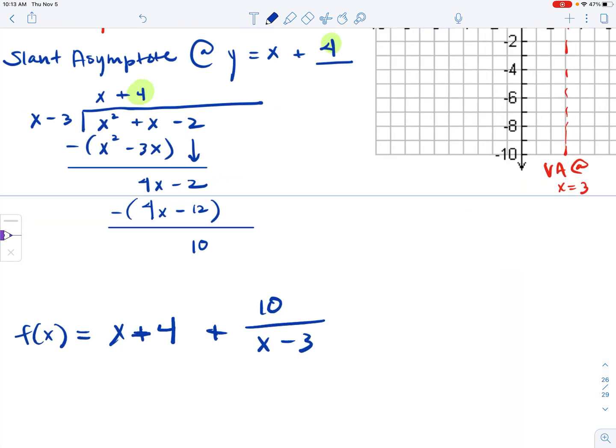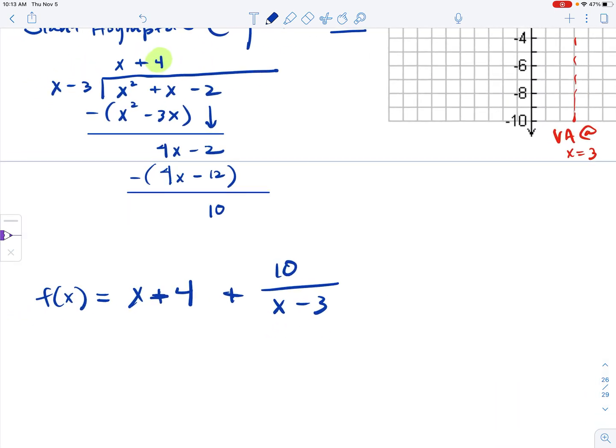So if we rewrite this and we think about x approaching positive or negative infinity, as x approaches positive infinity, this part that represents the remainder when we do the polynomial long division, so the remainder over the divisor, will always end up approaching 0 as x approaches positive or negative infinity, meaning that the function will end up